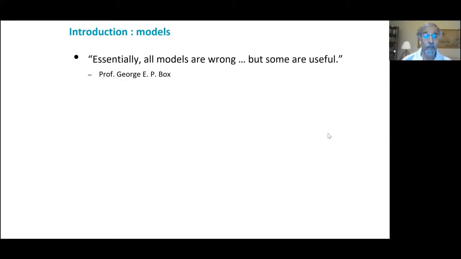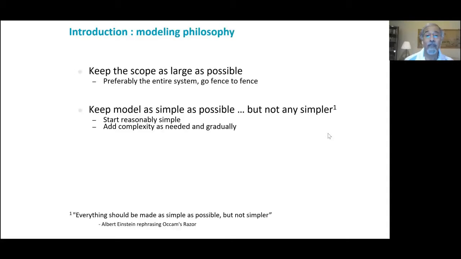So how do we go about representing the complexity of your system in mixed integer linear equations? I have a couple of guidelines. One is to keep the scope of your model as large as possible. And you might say that I'm complicating the problem, making it as large as possible. But the reason is the larger systems are more useful. They show